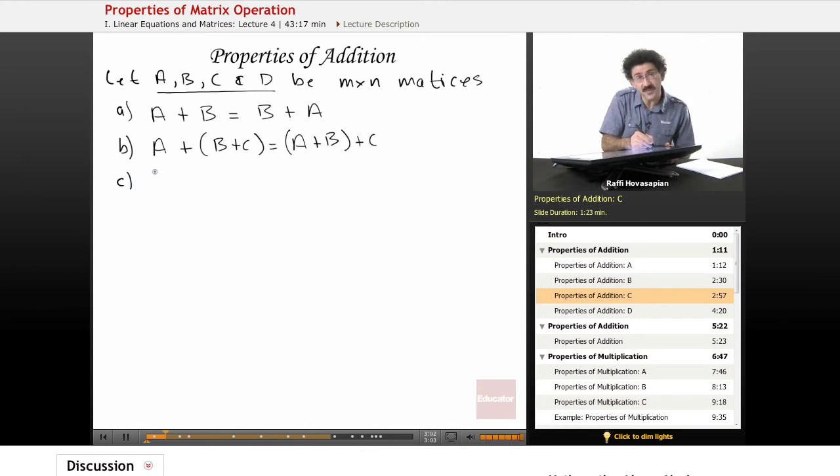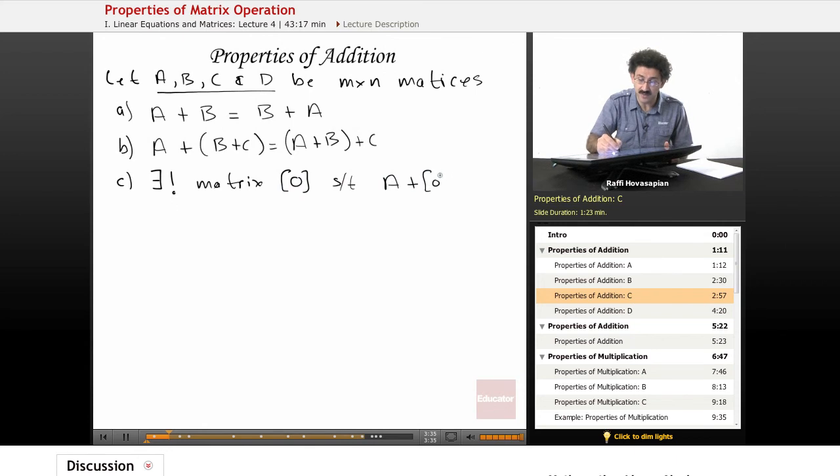Okay, I'm going to introduce a new symbol here. It's a little bit of shorthand. It's a reverse E with an exclamation point. It means there is a unique. So that means there is one. So there is a unique matrix 0, and I'm going to put a little bracket around it to make sure that this is the symbol for the 0 matrix, which consists of all entries that are 0. So there exists a unique matrix 0 such that